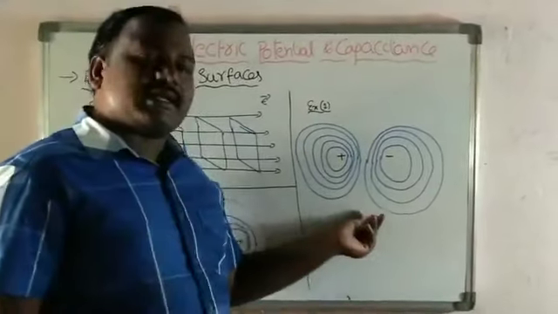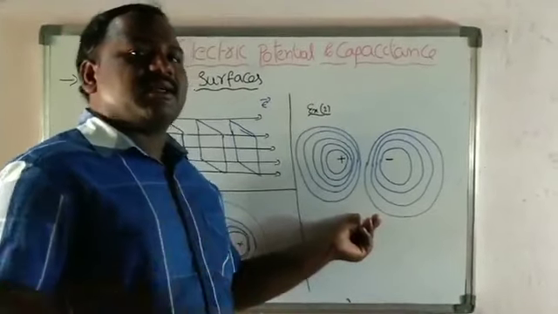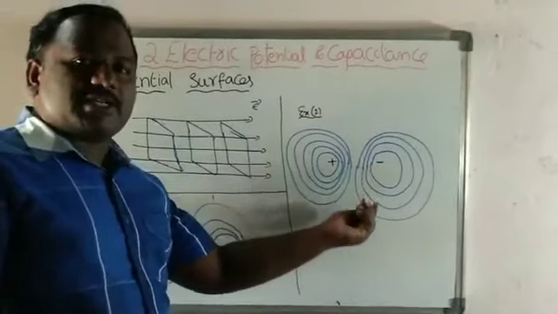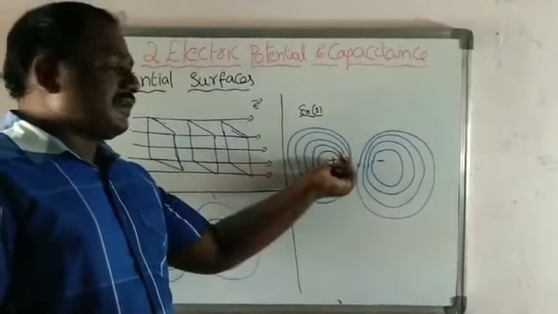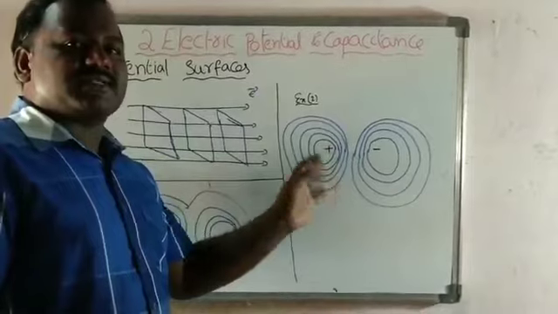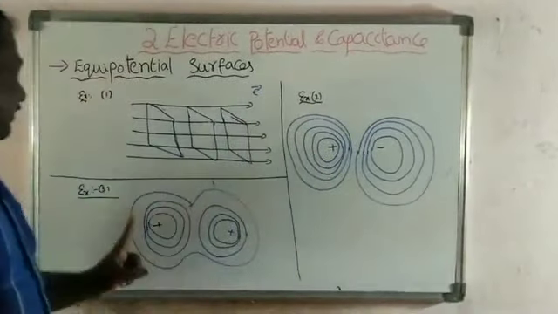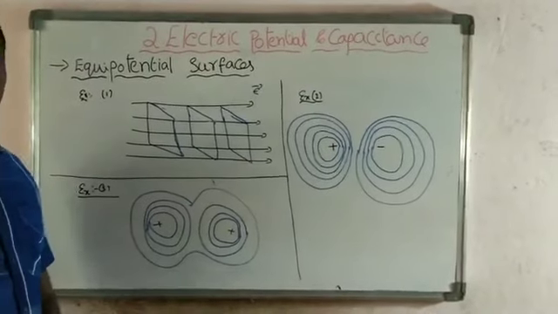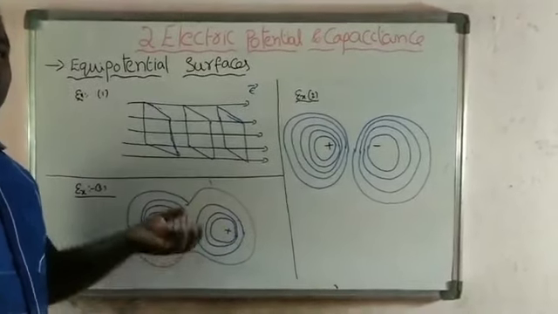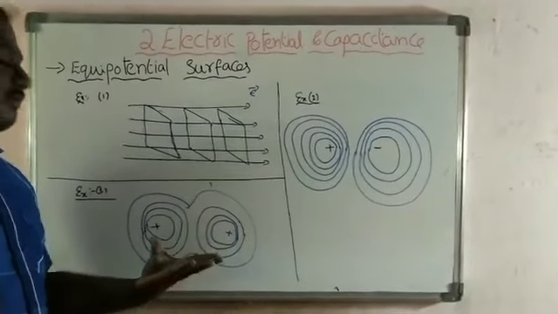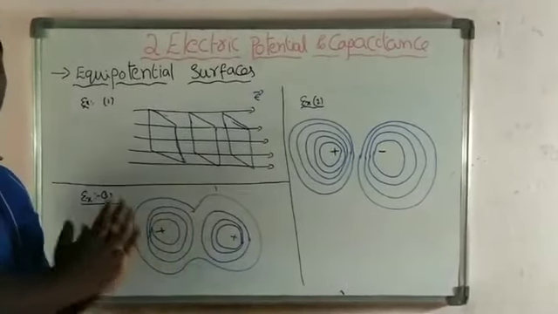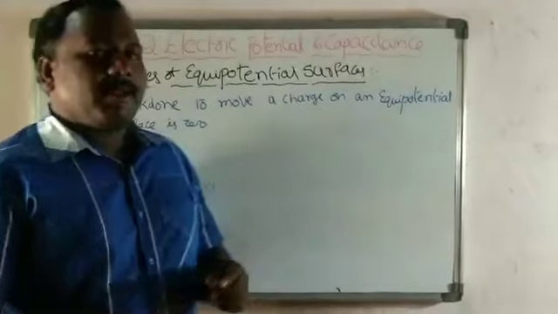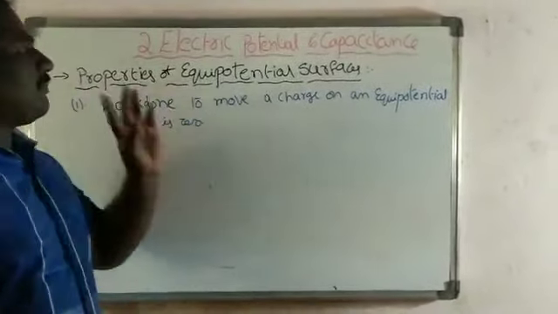In a similar way, the second example is where we take unlike charges. When unlike charges are taken, the force of attraction is present. Due to that reason, inside the surfaces are nearer to each other and outside the surfaces are far from each other. And similarly, in example 3, these are like charges. When like charges are taken, in between the two charges, a force of repulsion is there. Due to the force of repulsion, inside the surfaces are far from each other, outside the surfaces are nearer to each other. Now, see the properties of equipotential surfaces.